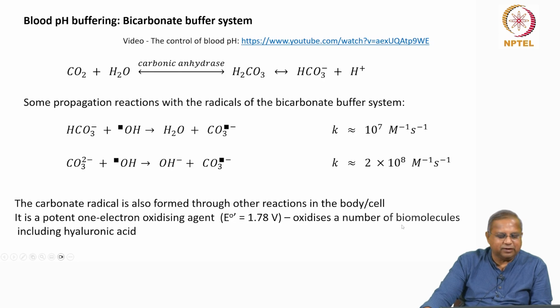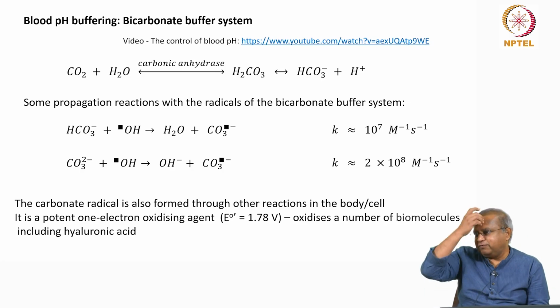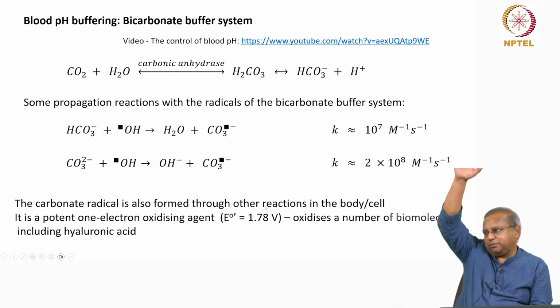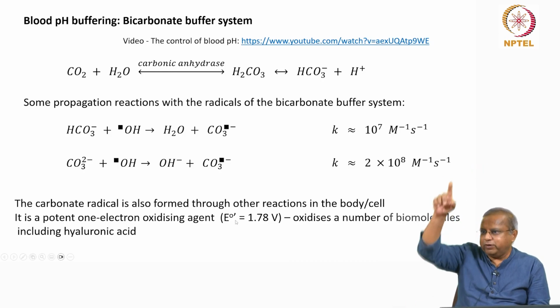It so happens that this carbonate radical is a potent 1 electron oxidizing agent, okay. Huge positive value, E naught dash is 1.78. Okay, you can take a look at the range of values in your standard reduction potential table. This would be way up. Okay, it would be way up in the sense